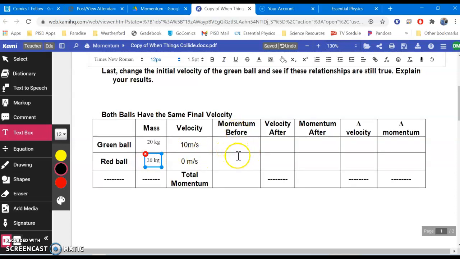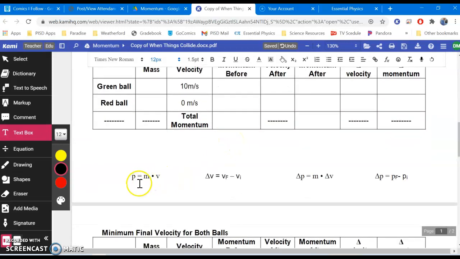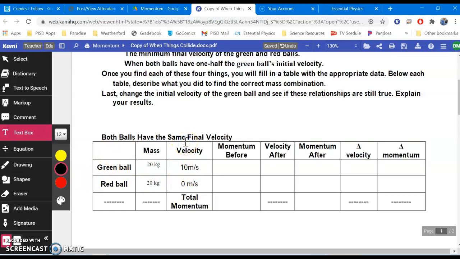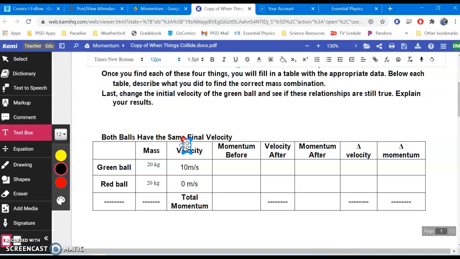Now, the momentum before would be, the formula for momentum, which is down here at the bottom, is mass times velocity. So it's going to be their mass times their initial velocity, VI, or initial velocity. The mass is not going to have initial and final because it doesn't change. So if you wanted to find the momentum before, you would just do 20 times 10, which gives you